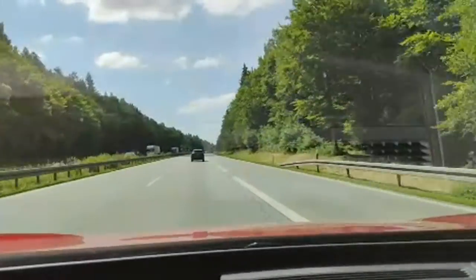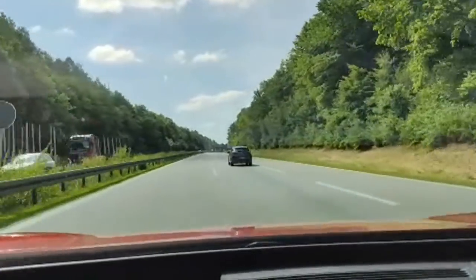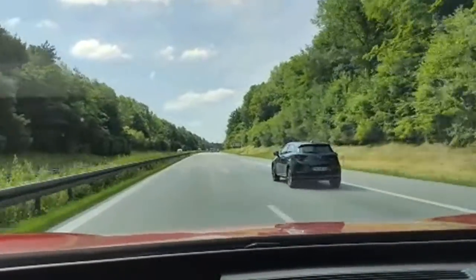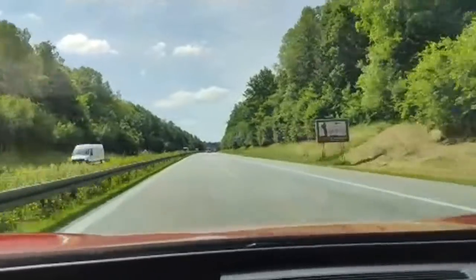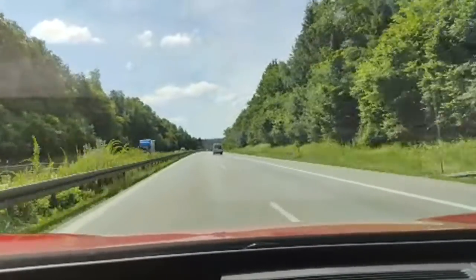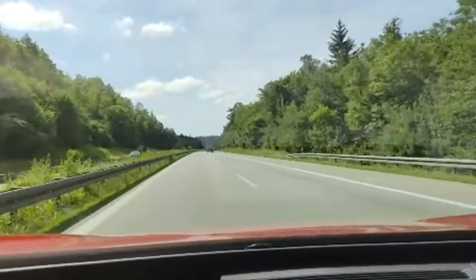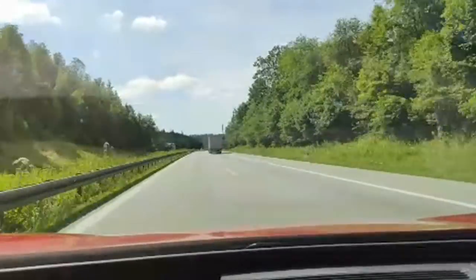There we have it. That's 140, 150, 160, 170, and 180, and it stops at 184. Now, that's top speed. In sport mode,